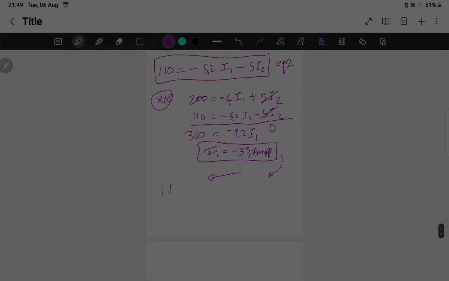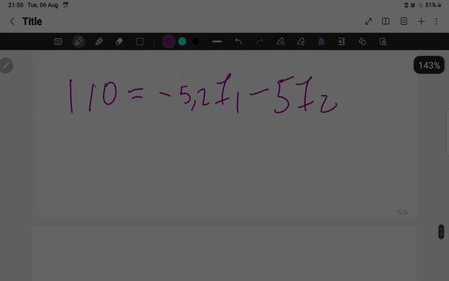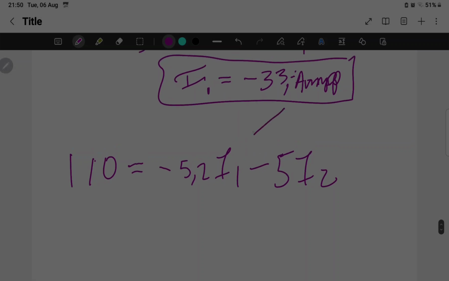We have 110 equals negative 5.2 I1 minus 5 I2. So now let's solve it. Let's substitute this into the equation. So we have 110 minus 5.2 multiplied by negative 33, which is equal to